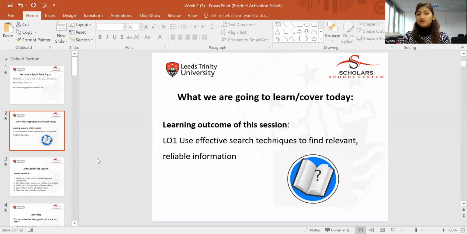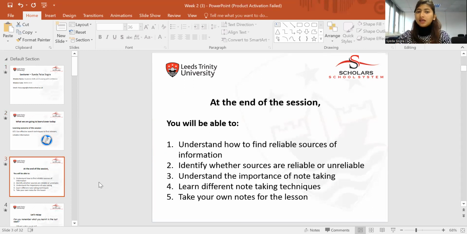Today, the learning outcome of this session is to use effective search techniques to find reliable and relevant information. At the end of this session, you will be able to understand how to find reliable sources of information, identify whether sources are reliable or unreliable, understand the importance of note-taking, learn different note-taking techniques, and take your own notes